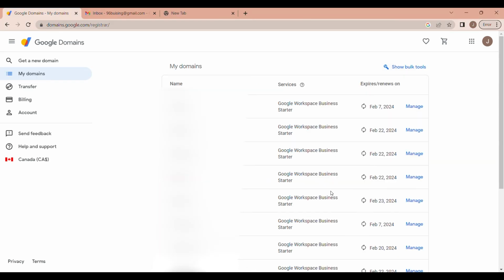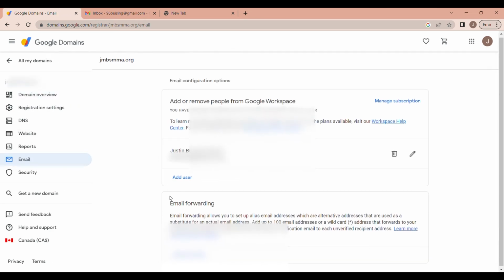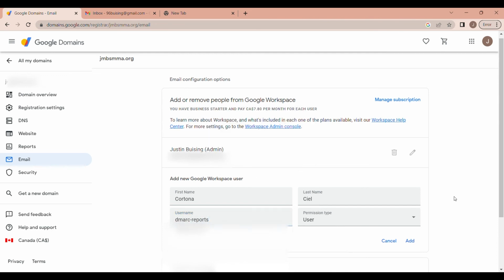Although not required for your DMARC report emails, I mean, you could just use your regular inbox email, I'm just going to show you how I created the DMARC report email. For starters, you're just going to log into your Google domains and select the domain that you want to create the DMARC email for. Then click on email. Then you're going to click on add user, type in a name, and then typically for username you're just going to use DMARC reports. Add,